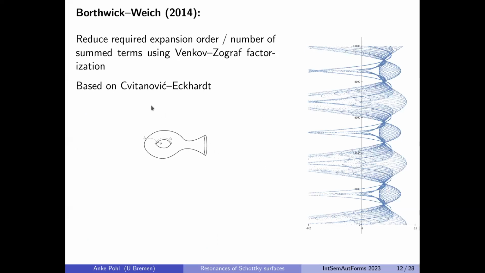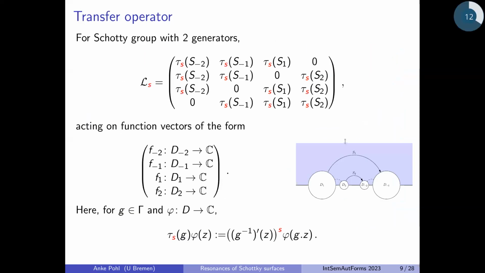So the idea here, originally coming from Chitanovic and Eckhart, was to use symmetry in the surfaces to try to calculate fewer numbers. This is something which was done by Borthwick and Weich. So what they did is they really did a kind of symmetry breaking. They put in representations. They used all the symmetries which are in the spaces. They could bring down the number of necessary calculations so that they could also go some part into the negative domain here. And you see the pictures go on here.